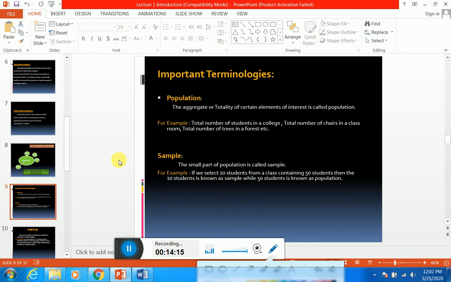But before starting the inferential statistics part, I would like to give you a slight touch about the descriptive statistics terminologies as well. Later on we have to use these terminologies again in our numerical questions. So therefore I'm going to repeat these terminologies again. First of all, we are going to discuss the first part, which is known as your population.